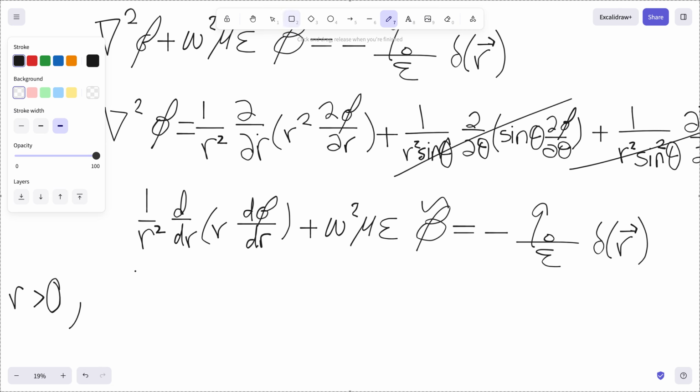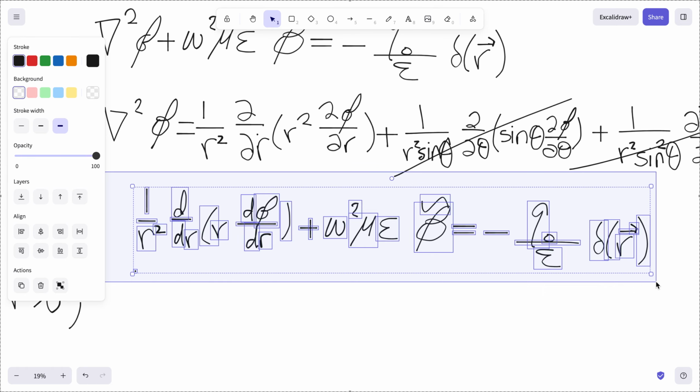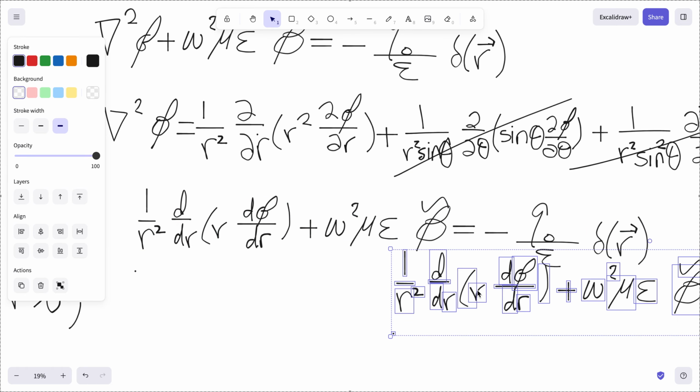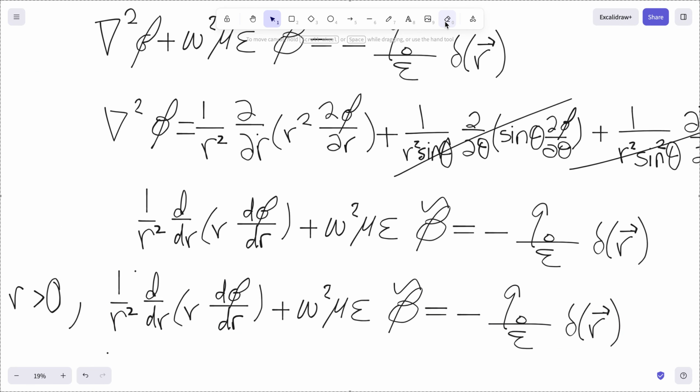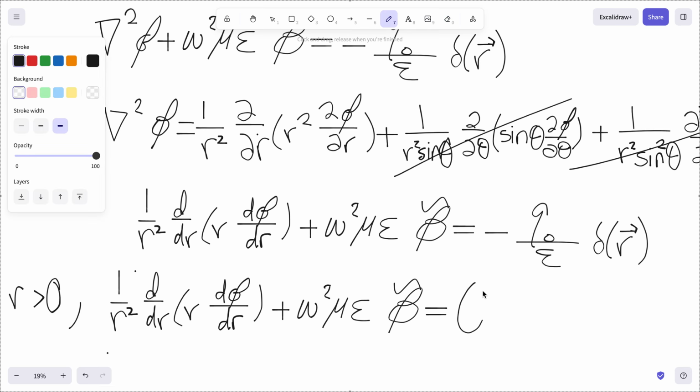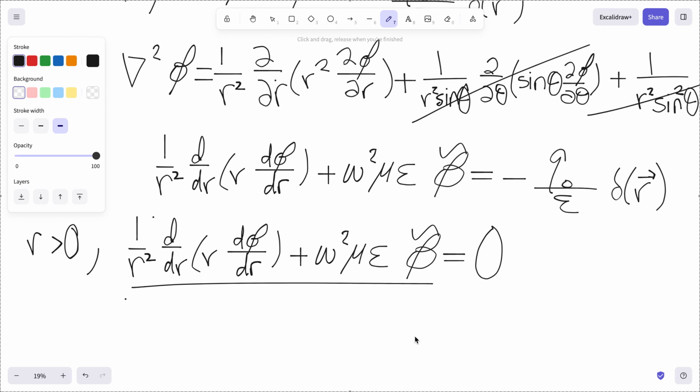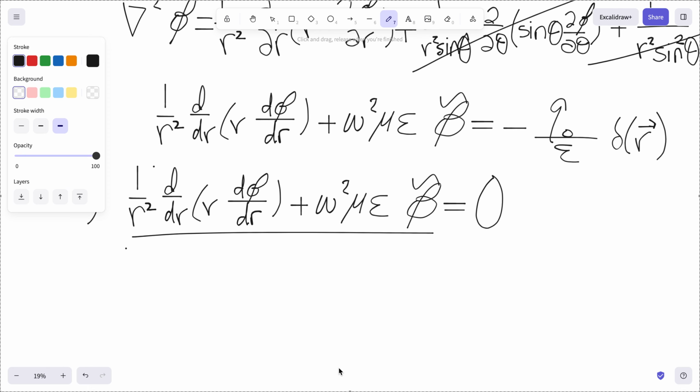we can rewrite this equation then as now a homogeneous equation, since anywhere else delta of r would just be 0, and so this entire expression would cancel out, and the right hand side would just become 0. And so this, what we have here, is a very solvable differential equation. I will not go into the derivation, but the solution becomes